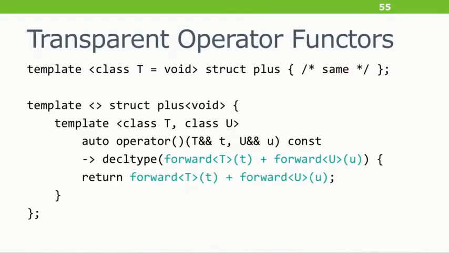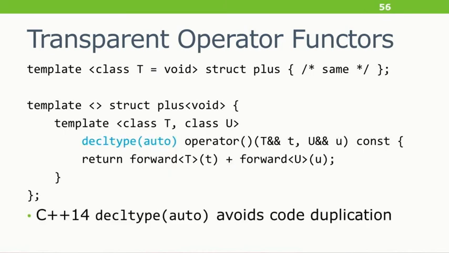We can use this cool thing that they just voted in called decltype(auto). You'll notice the redundancy here between these expressions. In C++11, we have to repeat the expression of the body in the decltype. But with C++14, we can just say decltype(auto), and that says, hey, decltype of the return expression. It's more elegant. But that's only something for library implementers. As a user, it doesn't affect you.